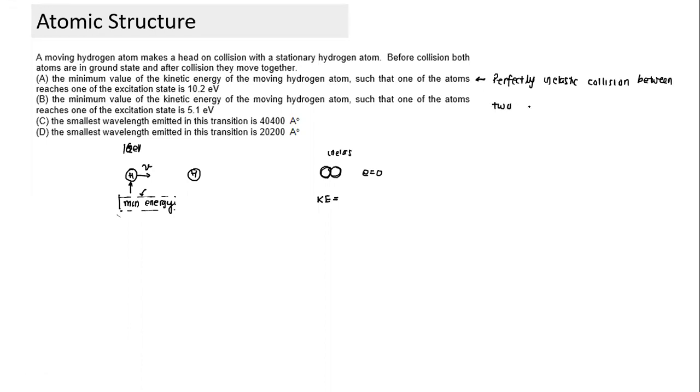Between two equal masses, whenever there's an inelastic collision, there's a loss of kinetic energy. So what is the loss of kinetic energy for two equal masses? We can easily calculate that it comes to half the initial energy. Half the energy is lost, and that's a property of inelastic collision between two equal masses. So whatever kinetic energy it had, half gets lost.